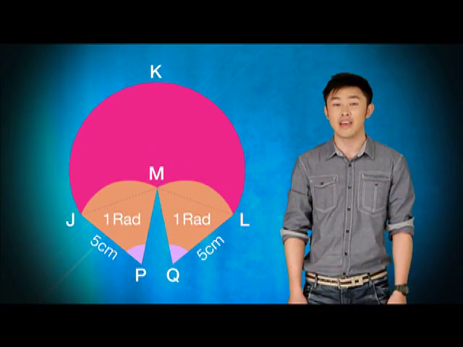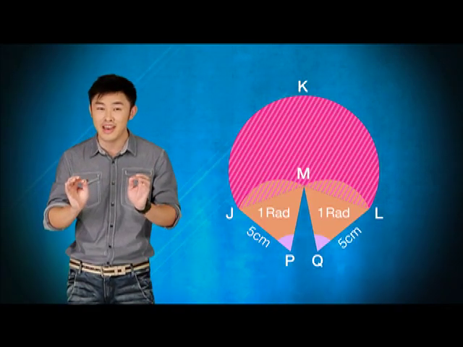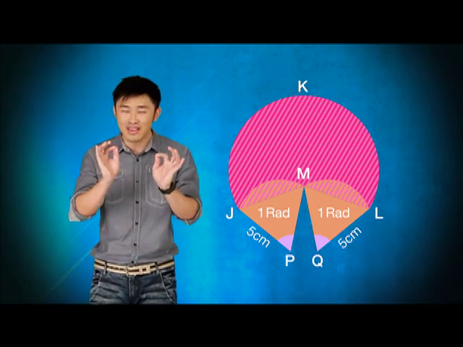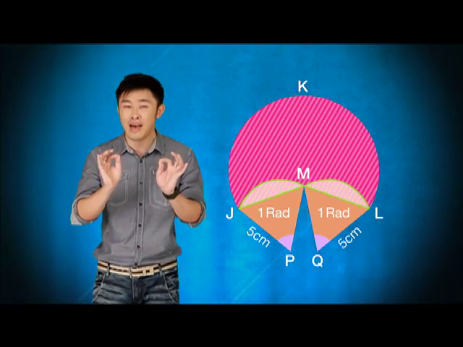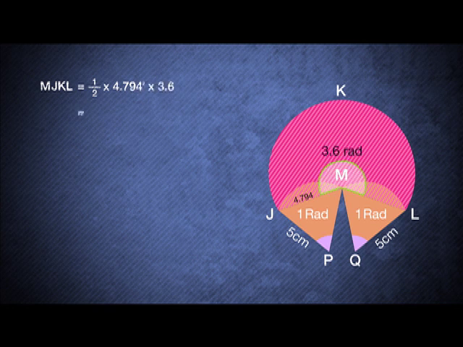And for the next part, the area of sector PJM. Using A equals half r squared theta, we get half times 5 squared times 1, which is 12.5 cm squared. The area of shaded region is made up of the area of sector MJKL minus the two little segments of JM and ML. The area for sector MJKL is half times 4.794 squared times 3.6, which gives us 41.37 centimeters